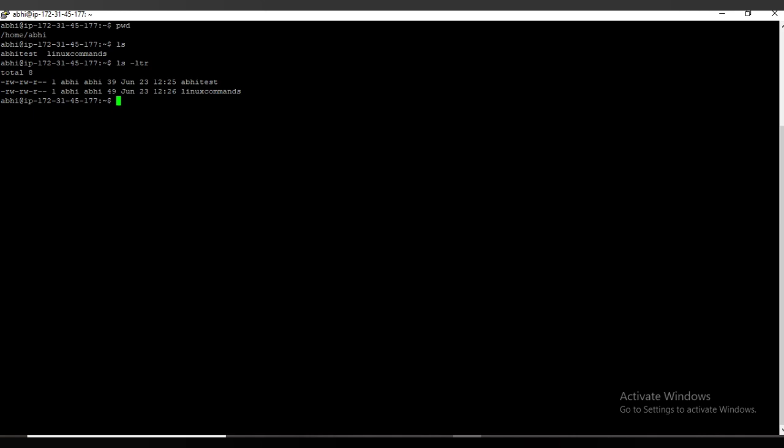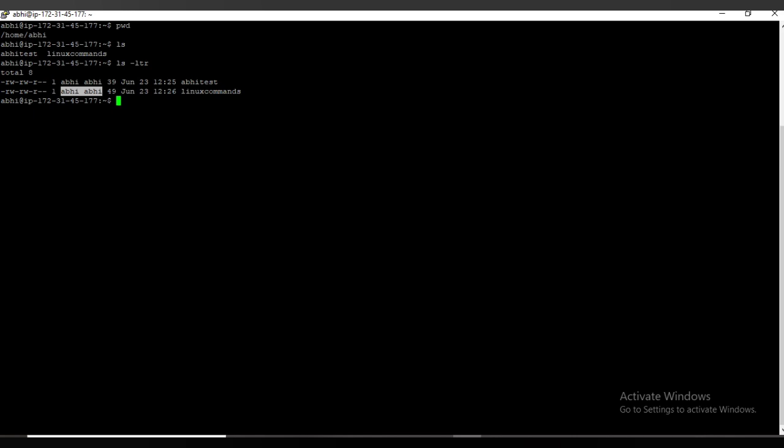Now what we can see is that it is showing for both the files the space that it is taking, the user who has created it and who has edited it, and the access level. The leftmost column is the access level: read, write, and execute. Every file has read, write, and execute for each type of user. The types of user are the logged in user, the user who has created this file, and the user who can view this file.